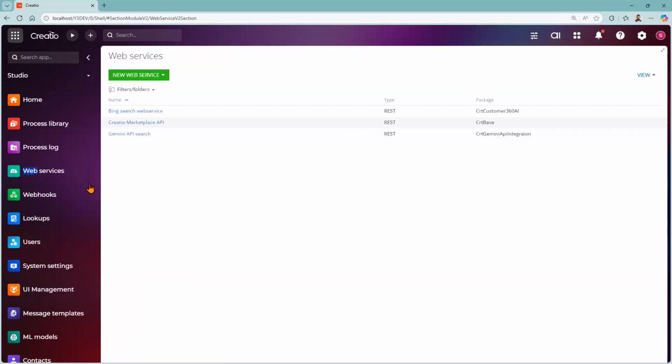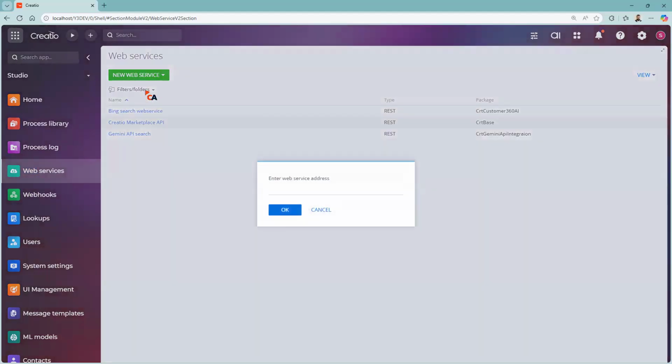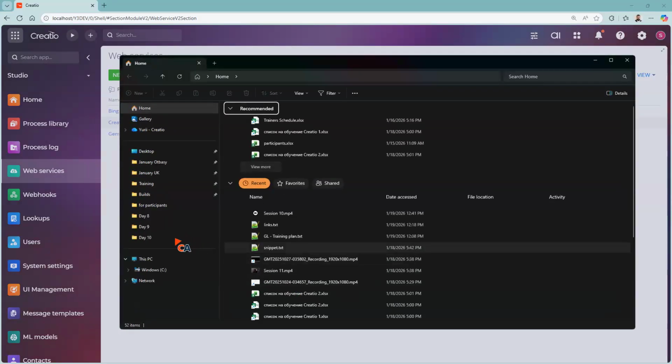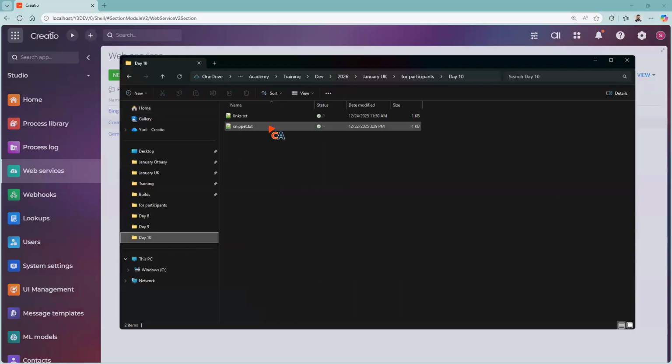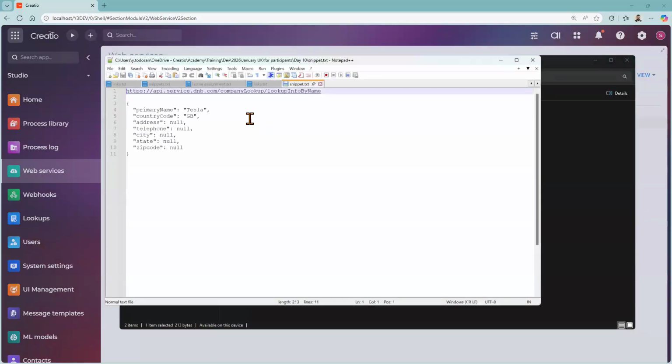Yeah, same section as this. So we will create a new web service, REST service. And before we proceed, let's check the service that I have in mind. So we will use a service that, when called, provides a list of companies that are registered in a certain country